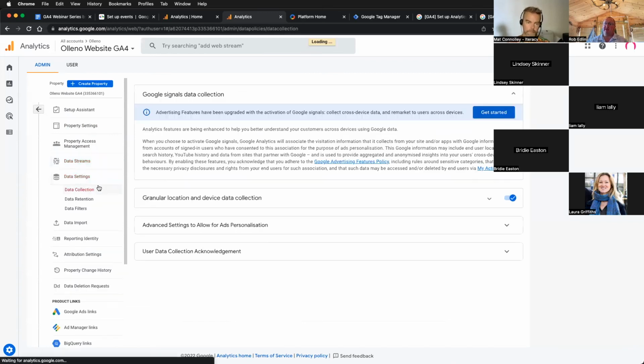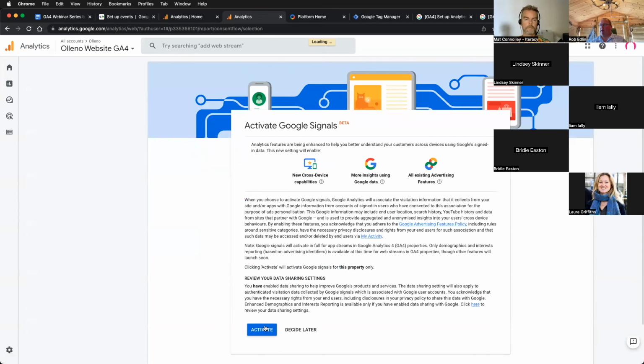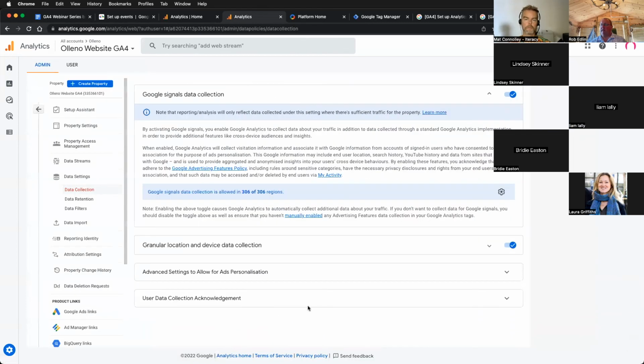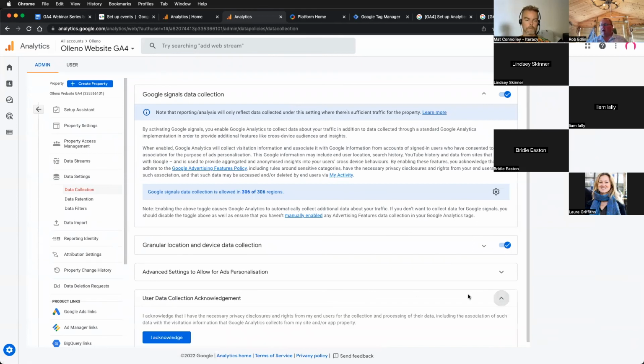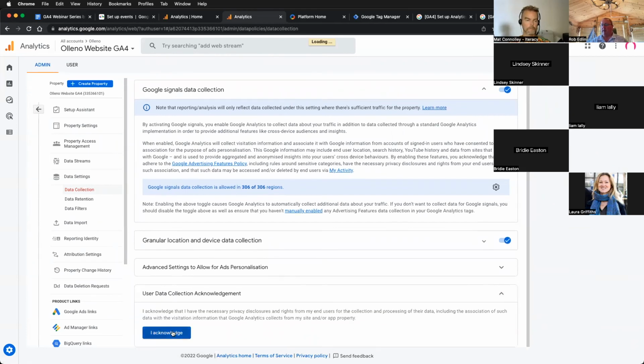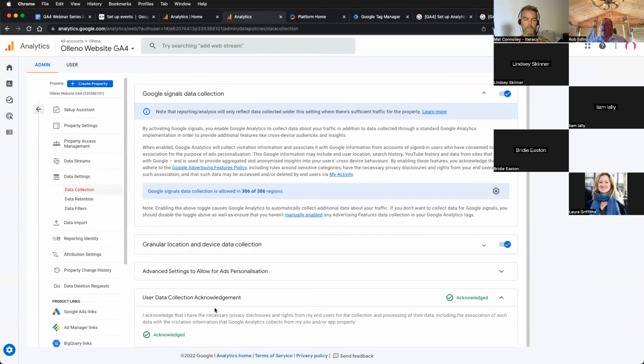And within data settings, you've got data collection. This allows you to use the Google Signals data collection. And again, this will give you more data, particularly around Google advertising features. So you just go through that, activate it, that's it done. You need the user data collection acknowledgement. So you acknowledge that to say that you're happy to receive that and you're making people aware of what data